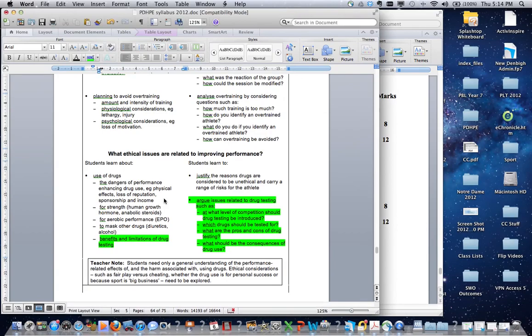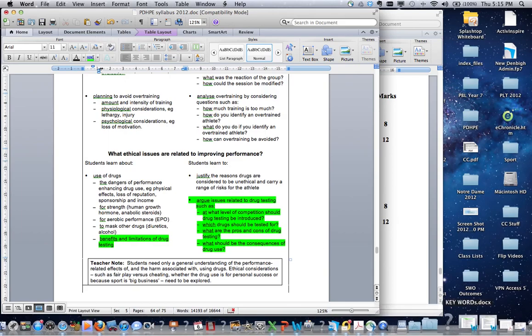This proved quite challenging for some boys, and we'll just have a look at the syllabus, and this is probably a little bit why, because it can be considered, I suppose, an obscure or one of the lesser dot points, but it comes under the dot point of use of drugs, and in particular the benefit and limitations of drug testing. That last one there. There would be components of some of the other elements of the dot point that could be discussed, but primarily we're looking at the limitations and the benefits of drug testing. So that's where it comes from in terms of the syllabus.